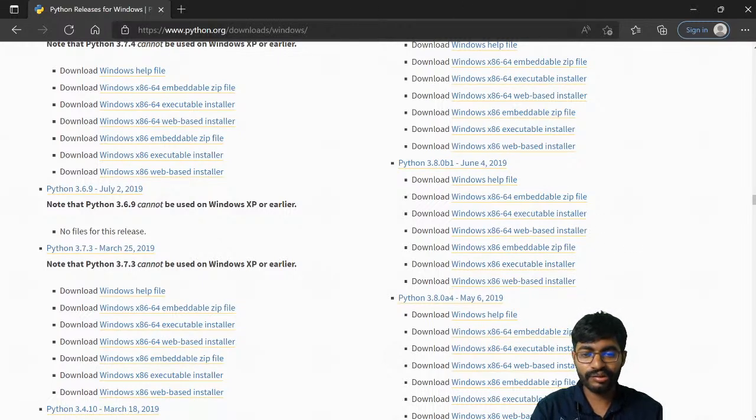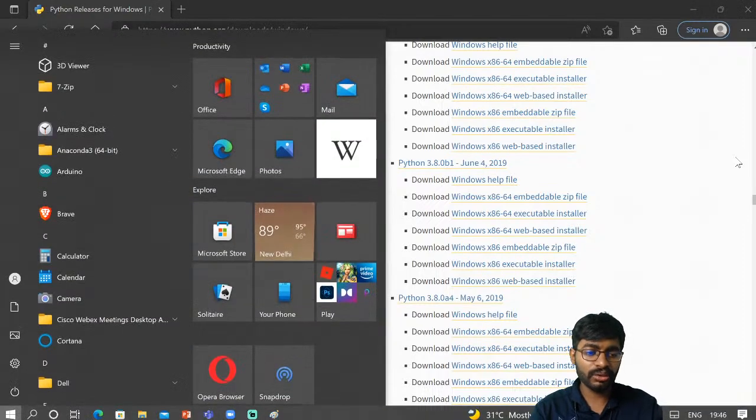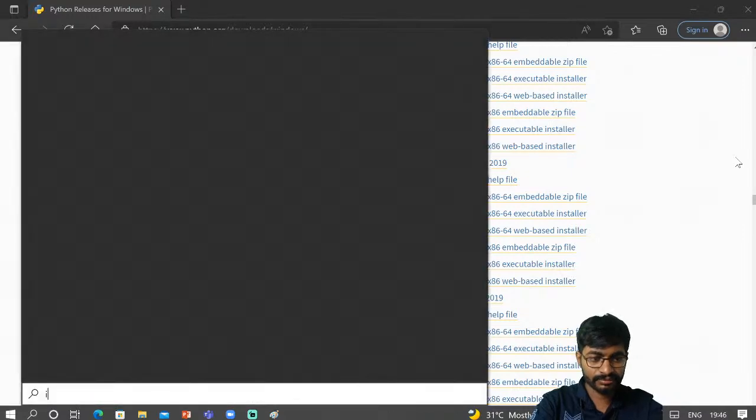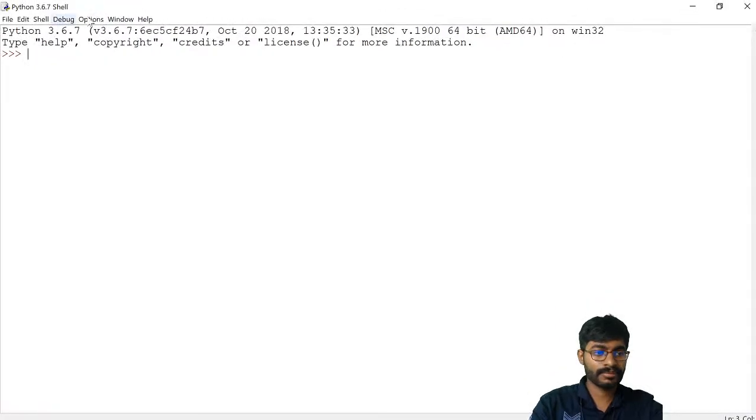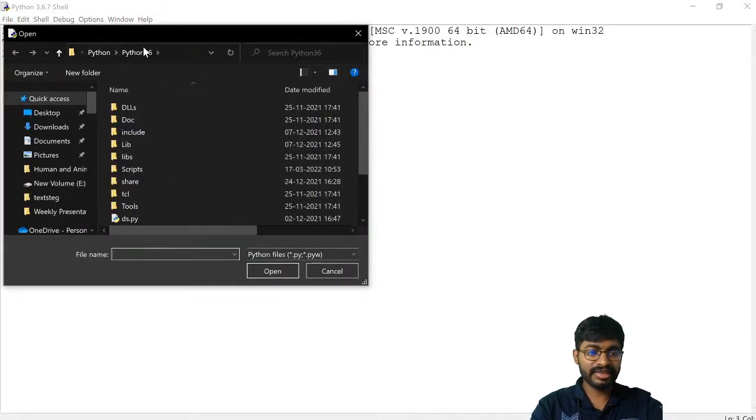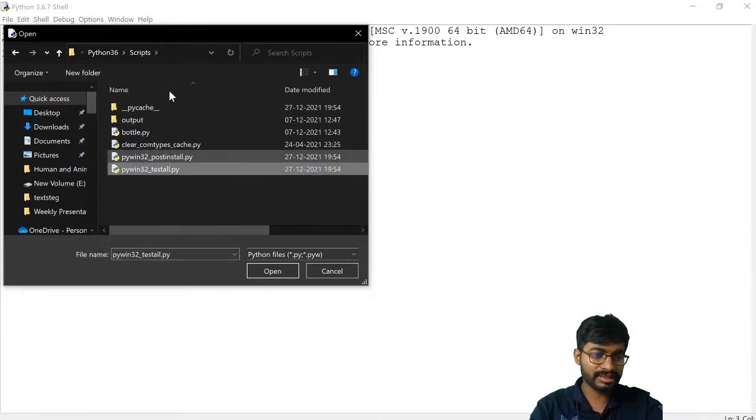Okay, if you double click on that, it will show you many options. Click on next, and finally you can install it. Now if you want to install a particular package, open IDLE. I am using IDLE 3.6 64-bit. To install packages, click on open, not new file. It will redirect into the Python installation folder, and from there go to Scripts.